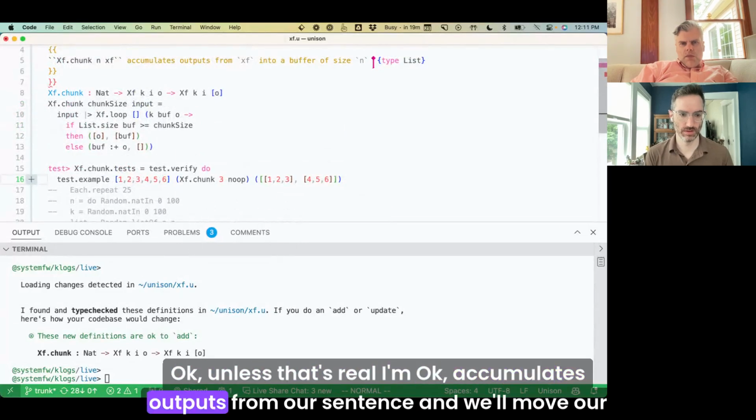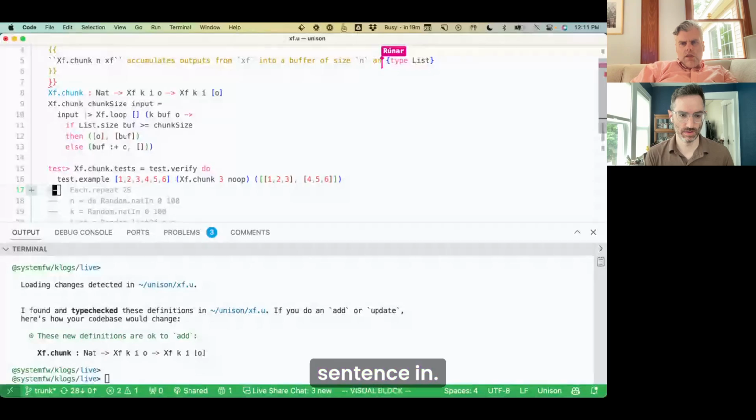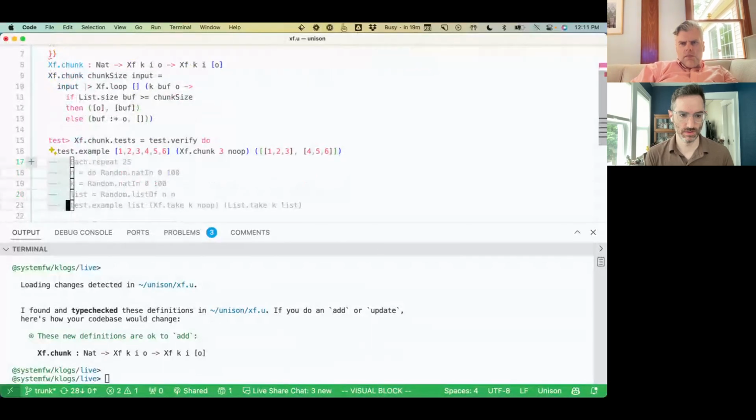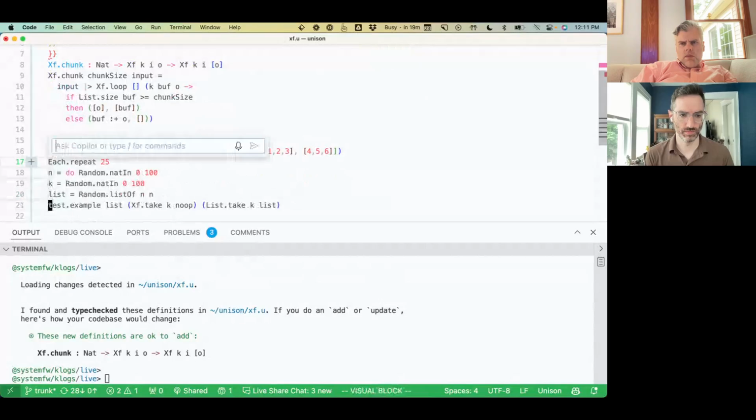Okay, accumulates outputs from an instance of size n, and emits.